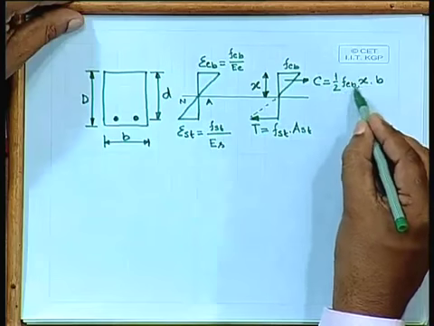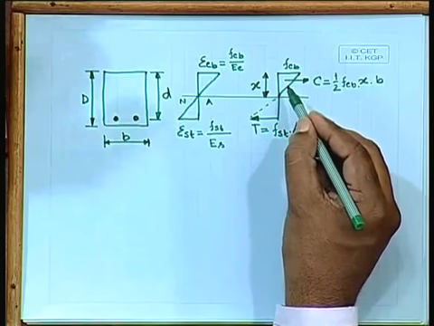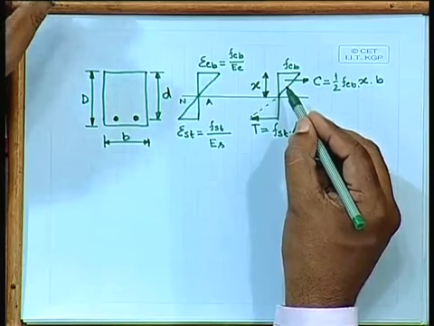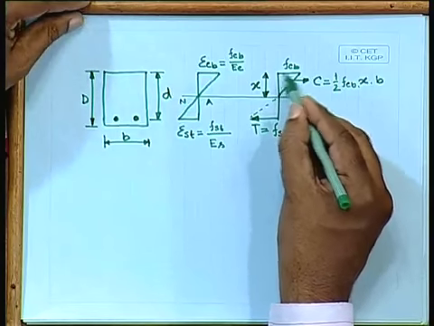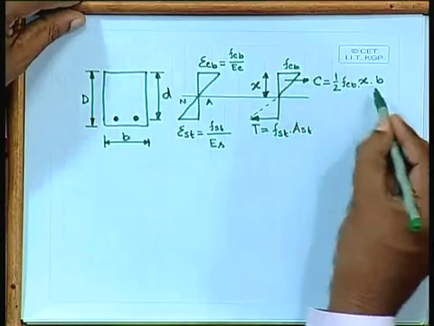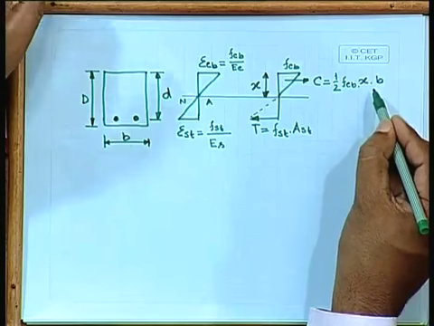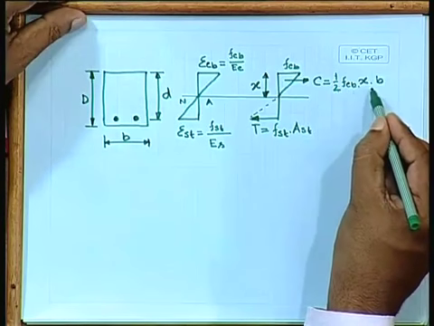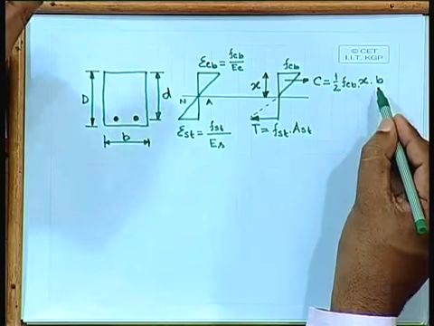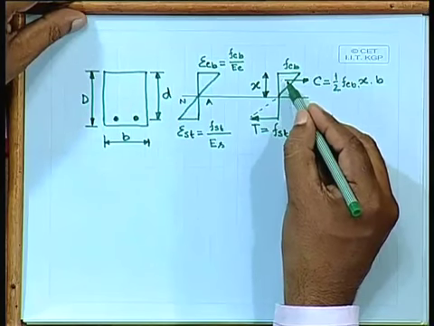So, half FCB times x, or triangular prism, to be more specific. This is nothing but a right-angled prism, and we have to consider the volume, that only will give you the compressive force. So, half FCB times x times the width of the beam, that is the total compressive force here, okay,